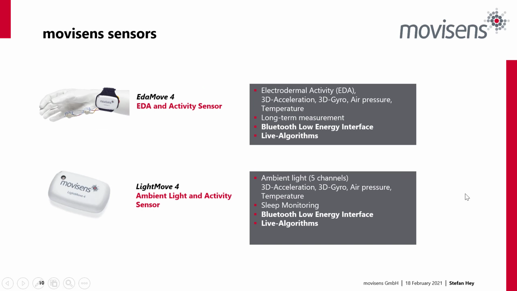Then we move on to the EDA MOV4. So once again, all of those capabilities of the MOV4, but with an added channel of electrodermal activity, at 32 Hertz. So you can pick different locations. There we're working with the knife edge of the hand in that image, which is actually a relatively good area to work. It helps participants use their non-dominant hand a lot more without worrying about the electrode placement. You can also put it on the palm or on the wrist.